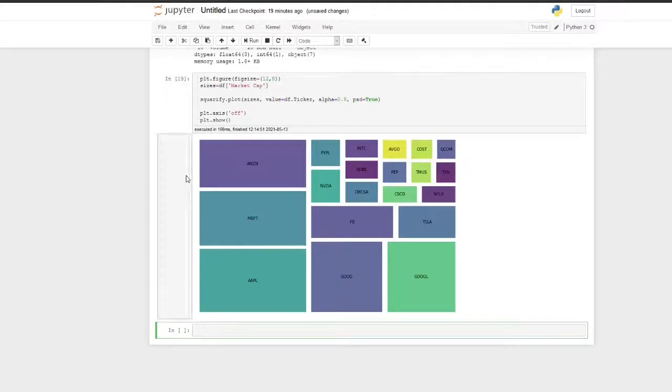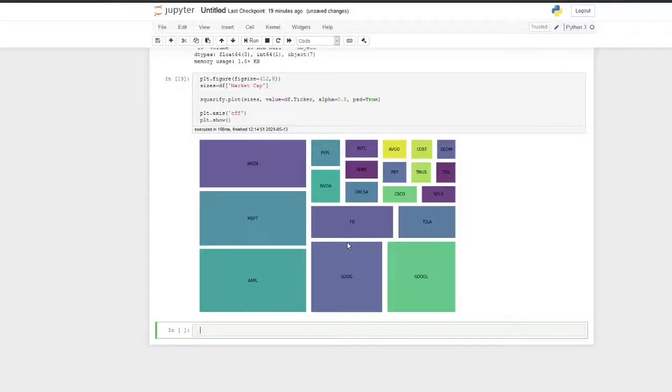The largest rectangle will be first, then the second one below, and so on, which is much more convenient. But in Squarify, the largest rectangle will be here, followed by others going on like this. So it is not properly ordered.